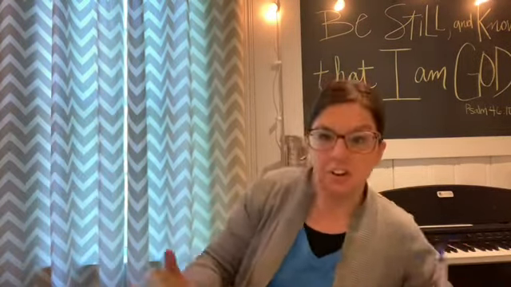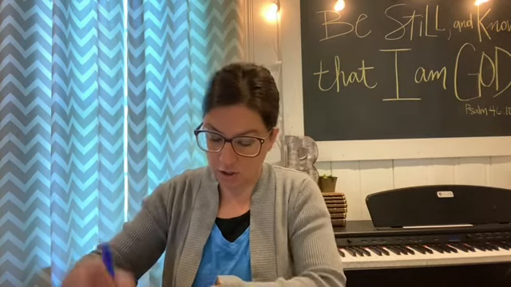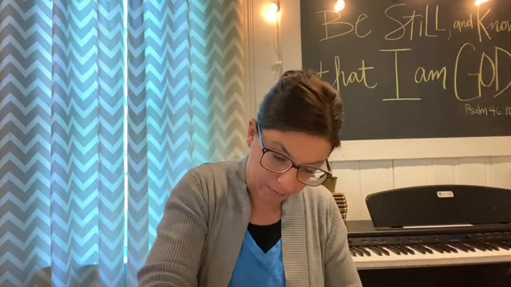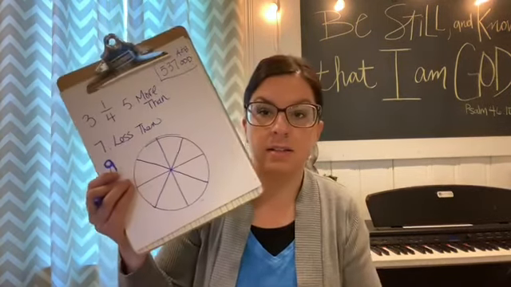I'm going to use my coaster here. Make a circle and divide it into 8 equal parts. So first I'm going to do it in half, and then in half again, so I have 4 now, and then I'm going to turn it and divide those in half. So now I have 8 equal